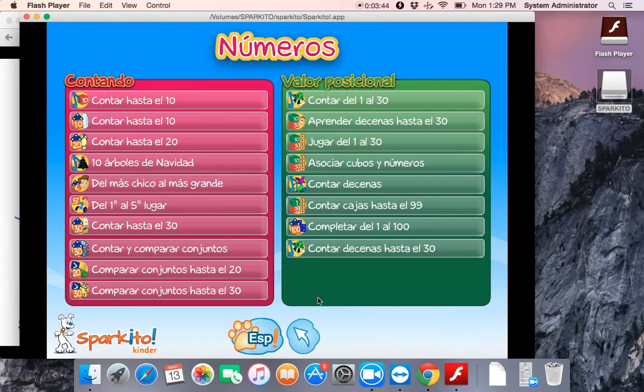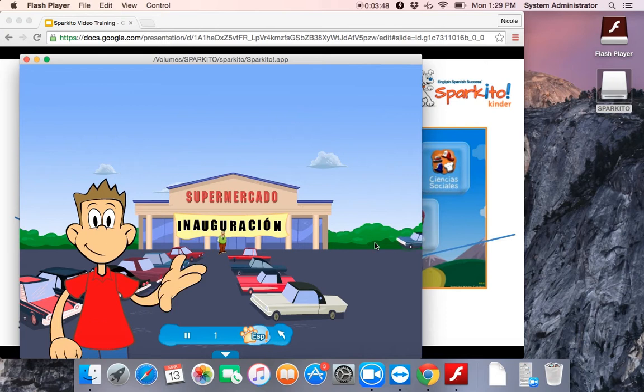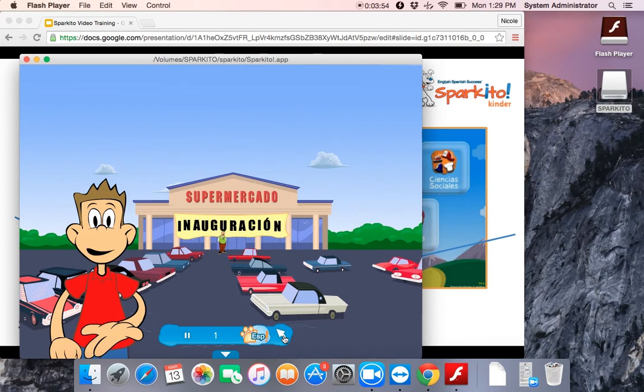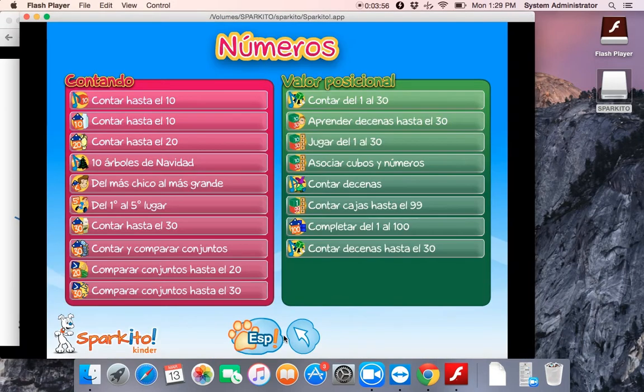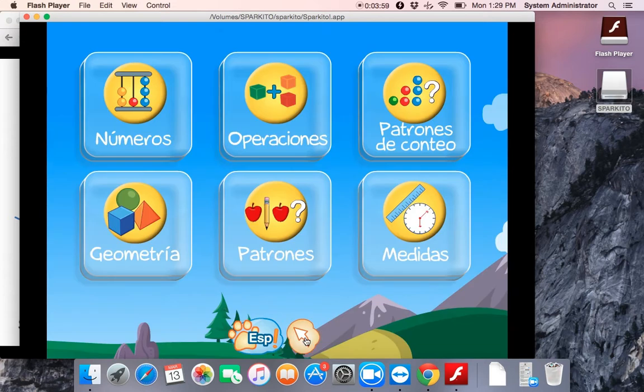We can also go into an activity. Anunciar la gran inauguración. La gente empieza a llegar muy contenta a And then from here, we can go into